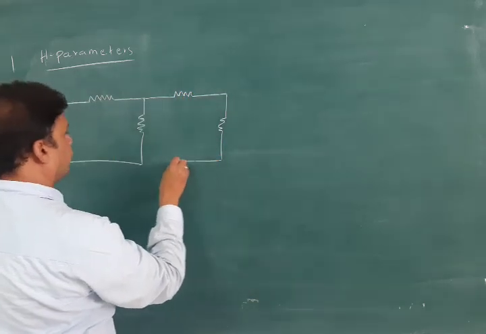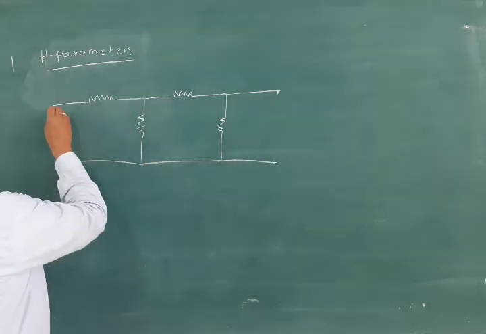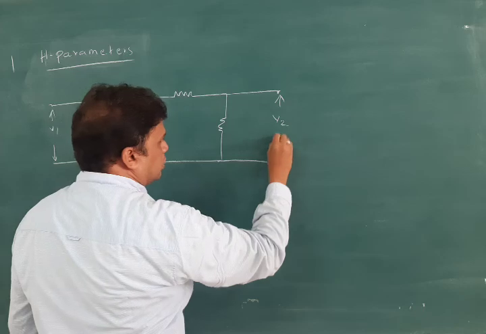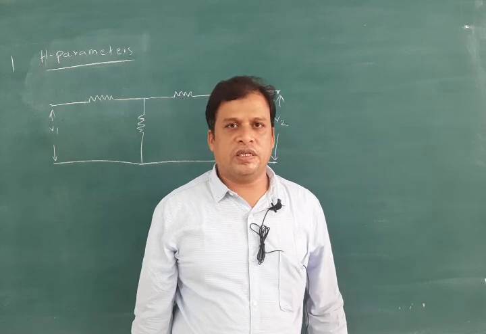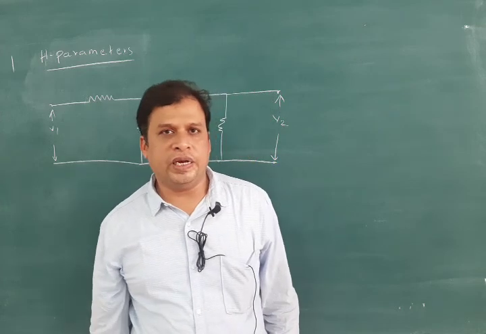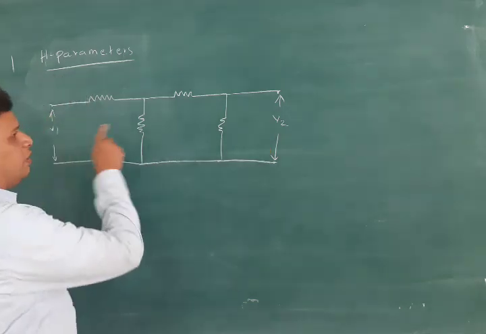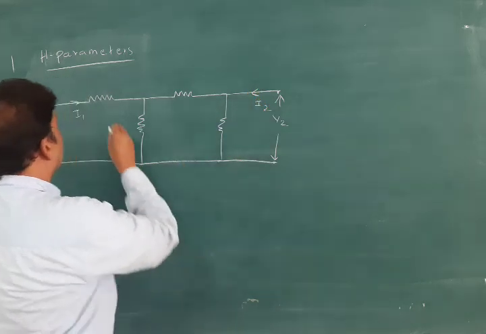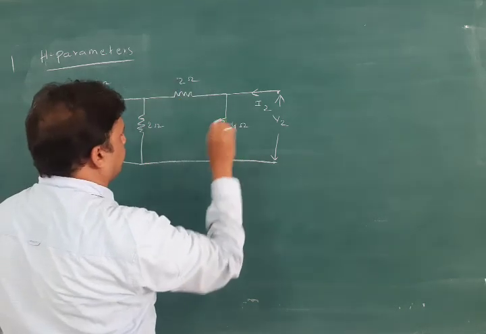So I am drawing a network here, and from this we are giving V1 here and V2. Students, as this is a two-port network, we will be having V1, V2, I1 and I2 as representations. For simplicity's sake, we don't mention any battery or voltmeter or ammeter here. Only we mention the voltage and currents, V1, V2 and I1, I2. So it is 1 ohm here, 2 ohm here, and 4 ohm here.